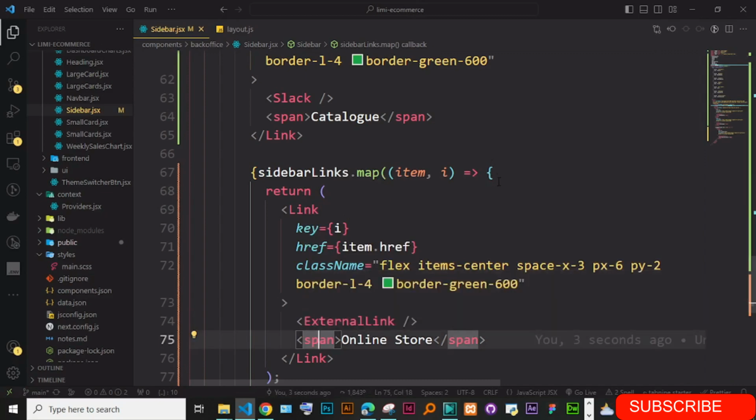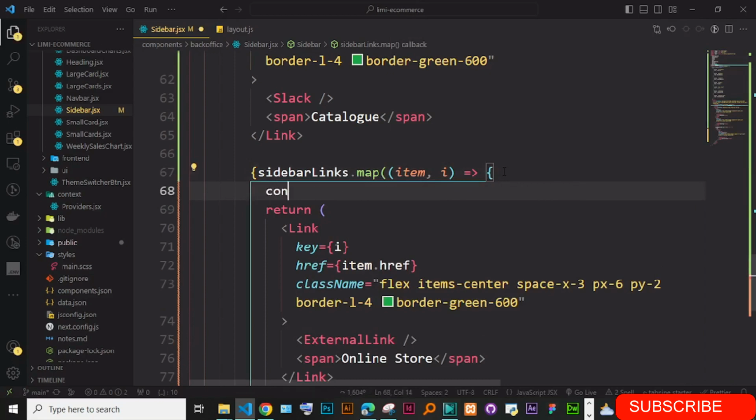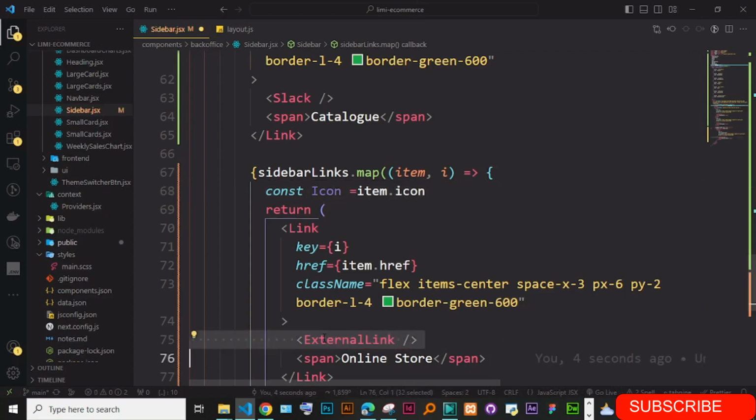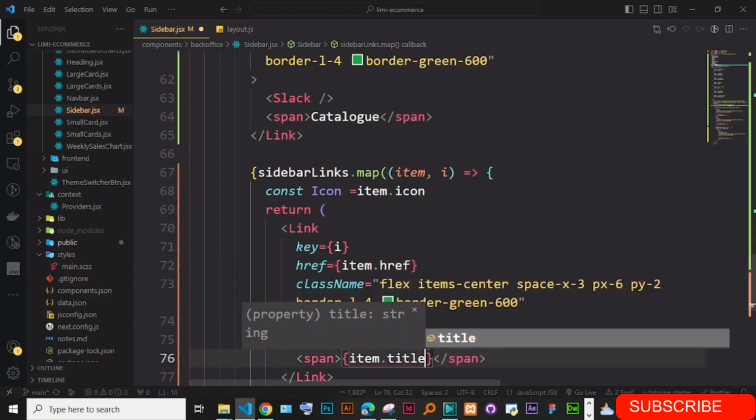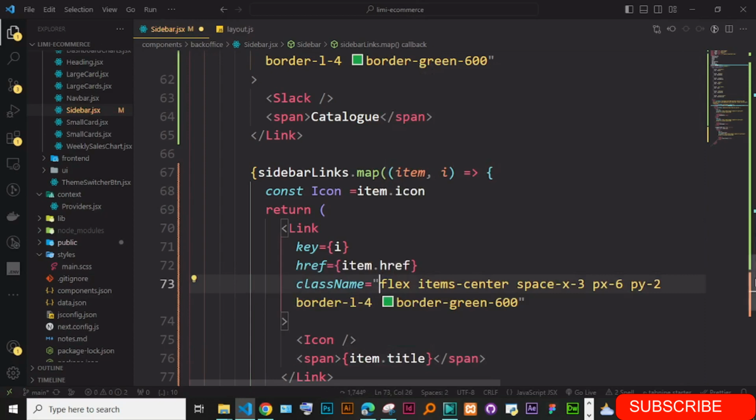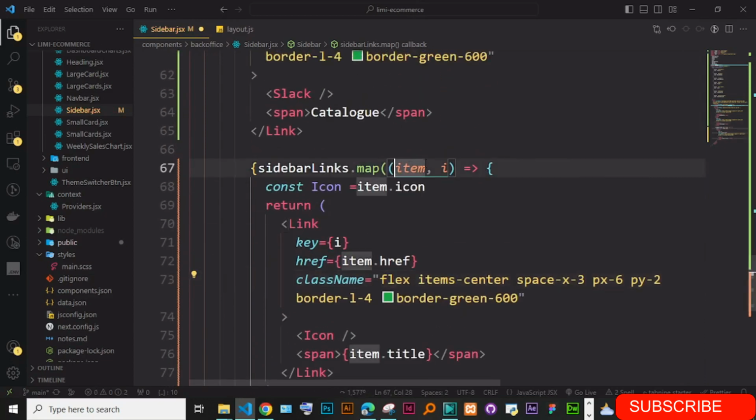Okay, and here we can just say const icon is equal to item.icon. Okay, and then we can just use this icon here, just like that. And then here we have the item, the title. Okay, and then